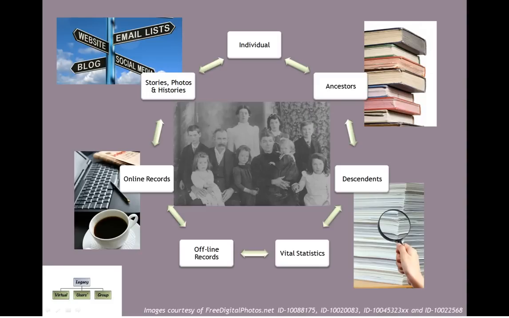Our genealogy research cycle is a constant back and forth, or probably a circle constantly going round and round. We find an individual and look for ancestors and descendants. We find vital statistics, or the facts, on our people, and we search both offline and more often online for additional records. We also ask for stories, photos, and histories, both from family members and published sources, whether that's newspapers, journals, books, and GEDCOMs. There is so much information. The question is, how do we gather it, analyze it, publish it, and most importantly, how do we put it